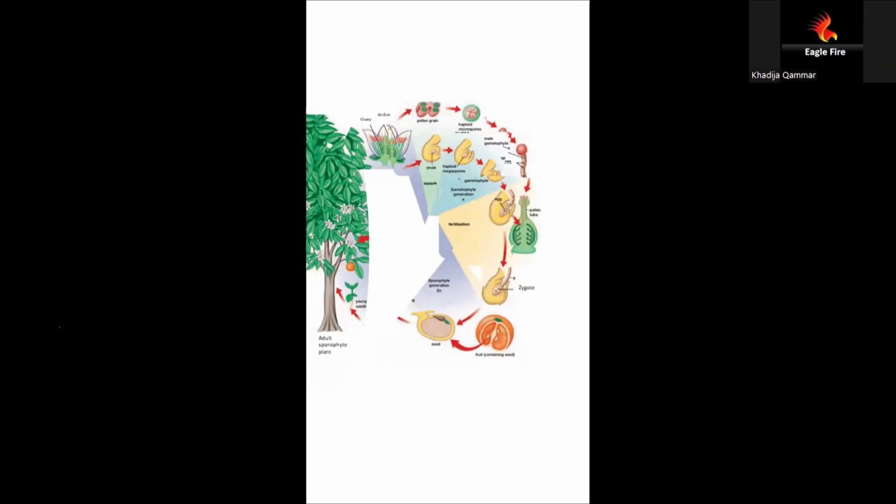Next is the germination step, and whenever the seed is dispersed and the conditions are favorable, it will produce a new sporophyte plant, and the cycle will be completed in this way. This is the total life cycle of